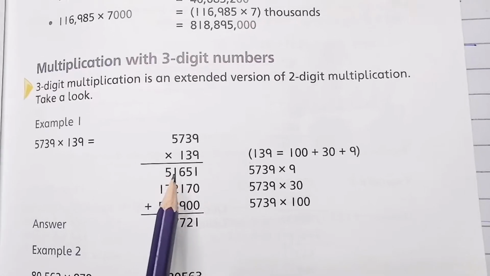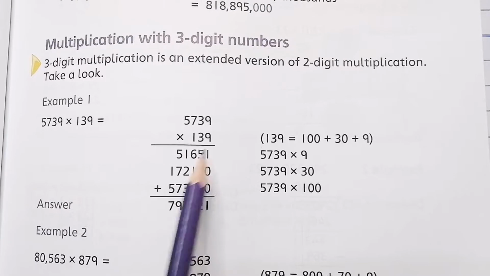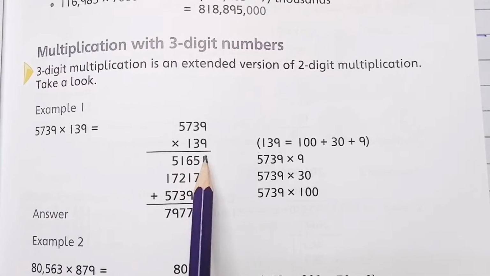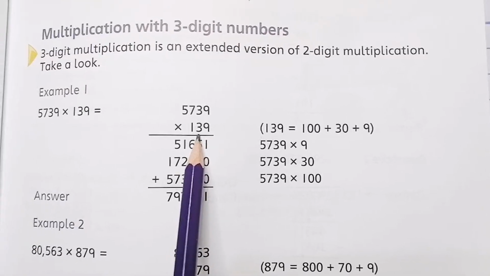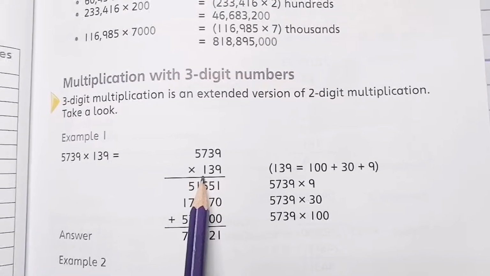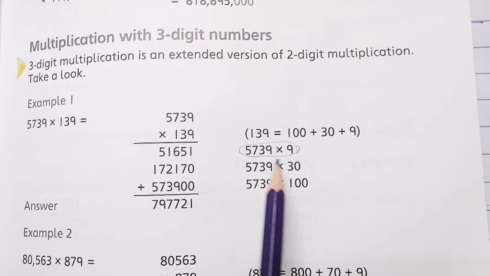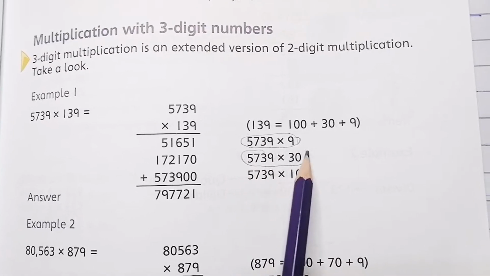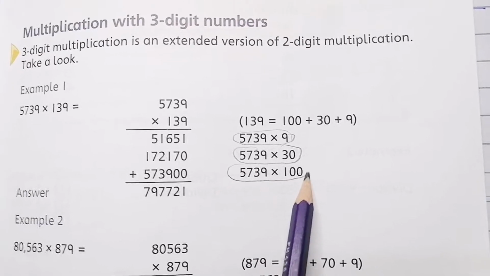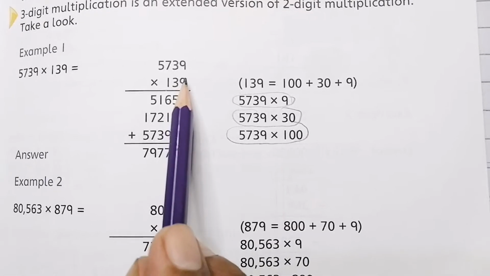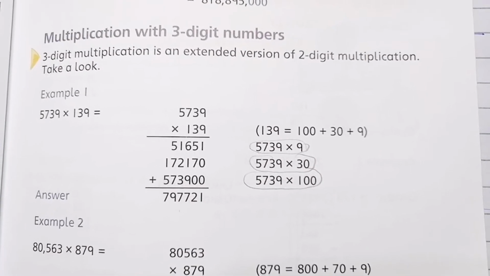So here you can see, right, the number is given and you have to multiply with the second number 139, right? So we have to see the numbers at unit place, right? This is 9, at tens place is 3, and at hundreds place is 1. So similarly you multiply first with 9 with all numbers, and then with 30 is at tens place, so that's why it is written 30. So then 1 is at hundreds place, so that's why it is written 100. So we multiply it and then we add the numbers, right?